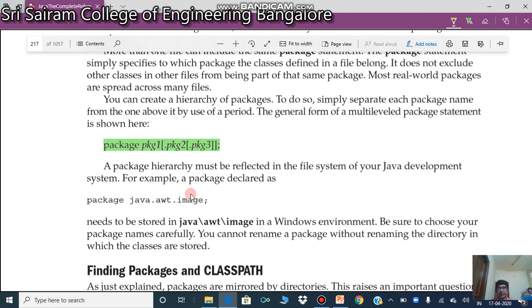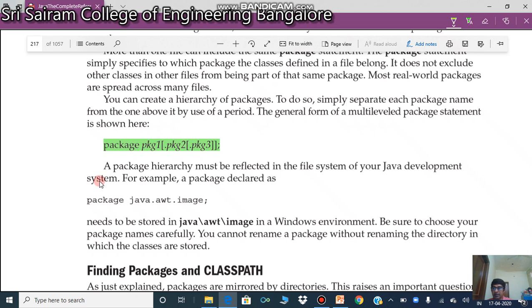If you want, we can have a hierarchical way of storing this. So think that you have many directories, many packages and sub packages. So this is a way you can do it. You can give the first package, which is the supermost one, then dot package2 dot package3. You might have seen, when we write Java programs, we have something called java.util. We have something called java.awt.image.